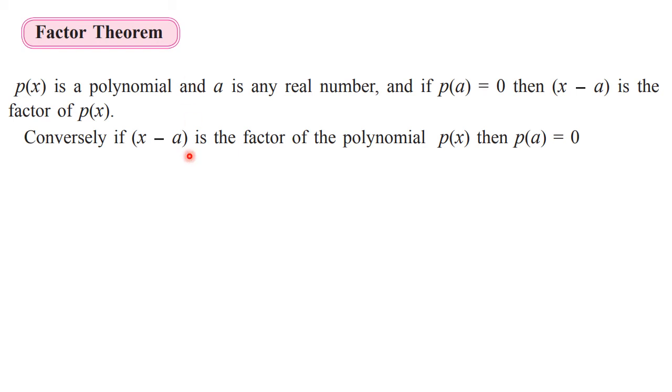And opposite to that, or conversely, you can say that if x minus a is a factor of the polynomial, then p(a) is always 0. Factor indicates that remainder is 0. You know, when we do the long division, that time also, if the remainder is 0, we say that divisor is a factor of dividend. Okay. So here if p(a) is 0, then we can say that x minus a, see, opposite we have to take, that is a factor of the given polynomial p(x).